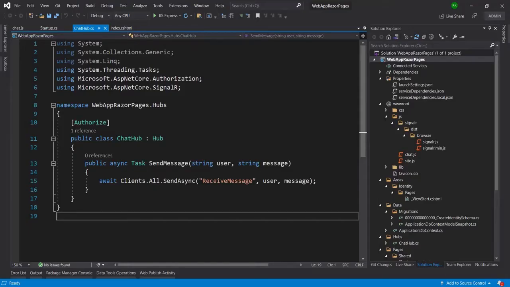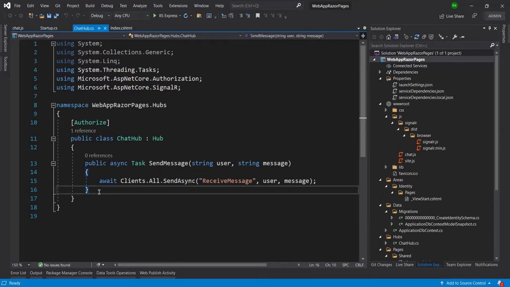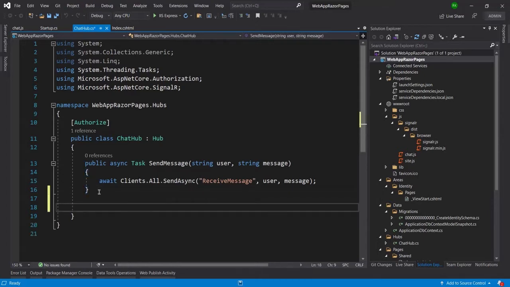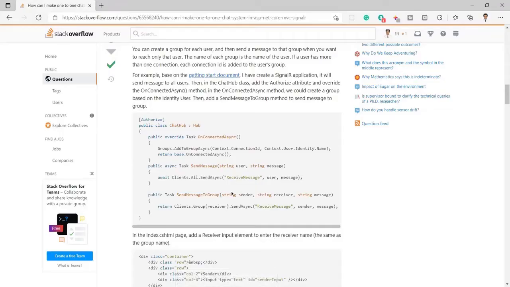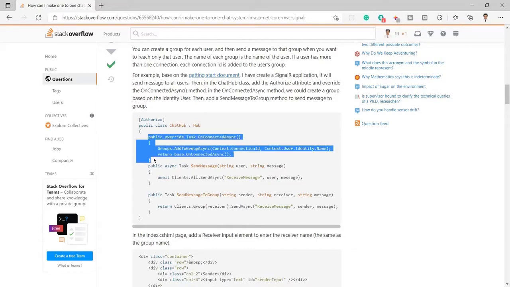Hello guys, today in this video I'm going to demonstrate how we can chat one to one using SignalR. To do that, I'm going to put some code here in the hub. For one to one chat, the first thing I will do is copy this line of code from here first,